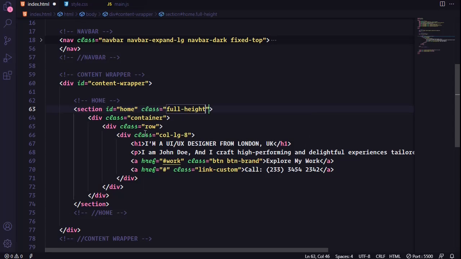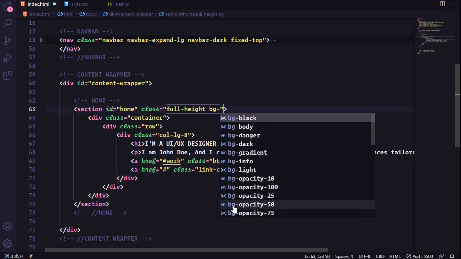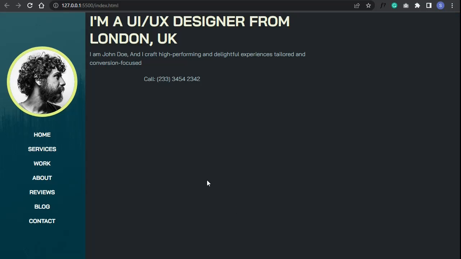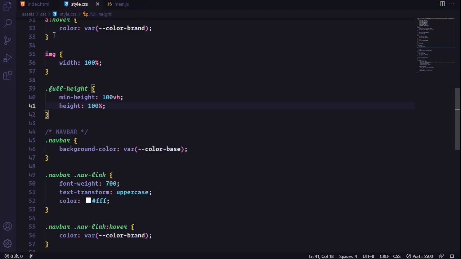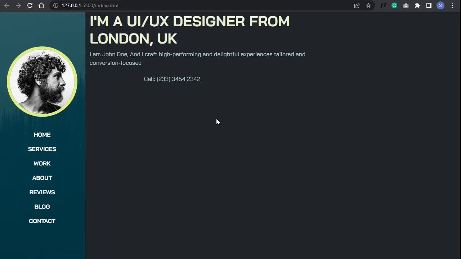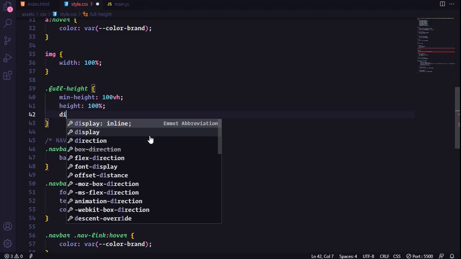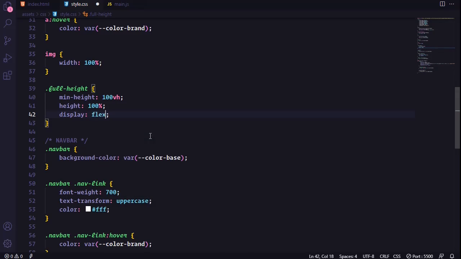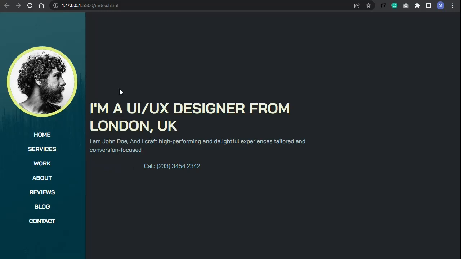Full height, save it. Okay, so for now, let me just give it a BG dark color so you will see. Okay, so as you can see, it is now covering the viewport height. Also I want the content to be in the center, okay, vertically. So for that, I'm gonna set the display to flex. Okay, and I'm gonna give it align item center. So this is now in the center,